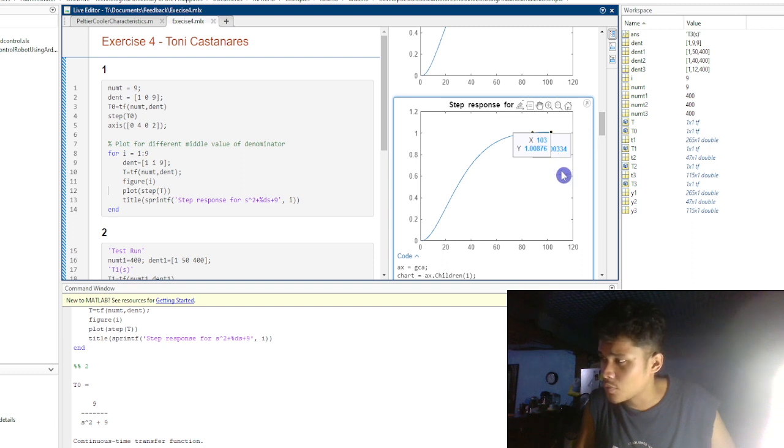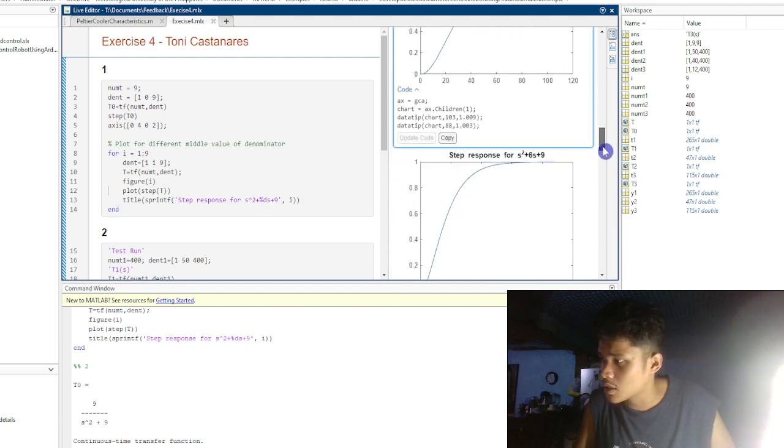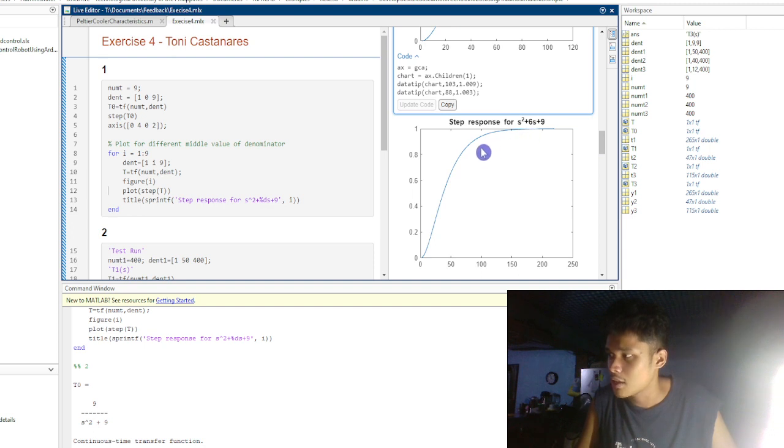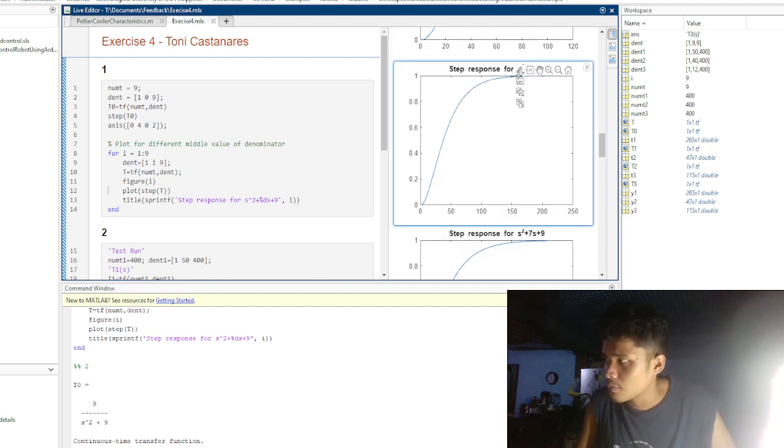But unfortunately for critically damped, it's here at s squared plus 6s plus 9. We can notice that at this part here, it reached a constant value which is equal to 1. And moving forward, it also stays relatively constant, equal to 1, although, as we have mentioned before, there are little variations in this part of the graph.